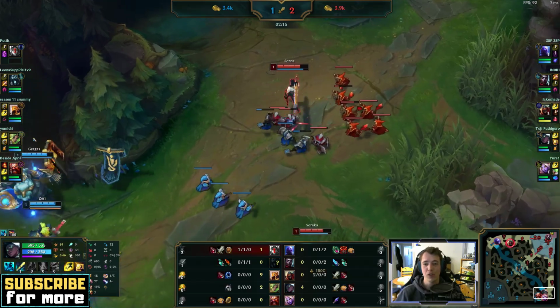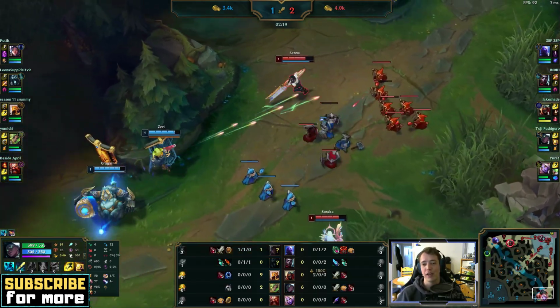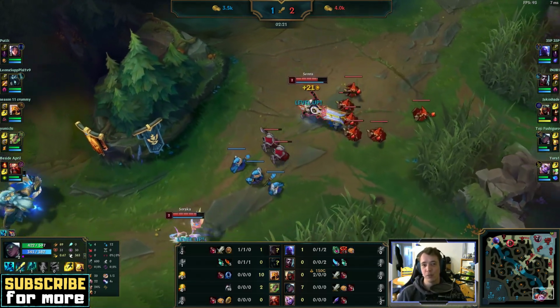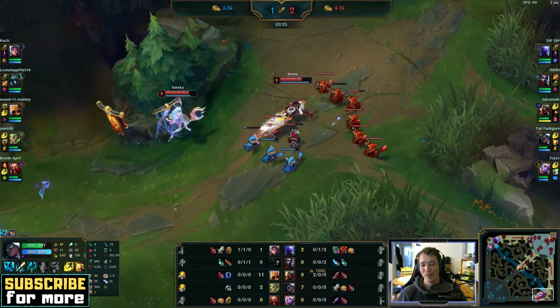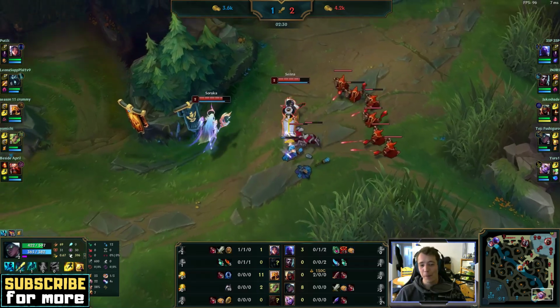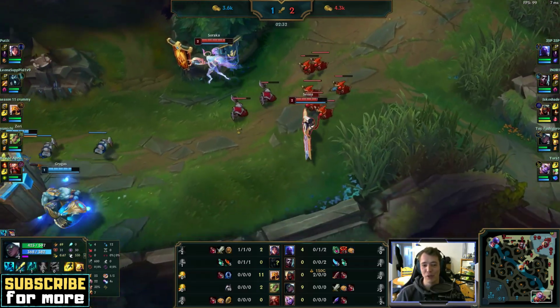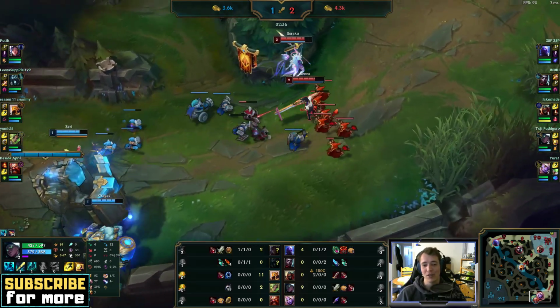So what are we doing rune page wise? This is both true for support and for AD carry. Fleet Footwork is a very good rune, but you can also go with First Strike. Both of them are completely fine. I think they both have their merits. But yeah, King decides to go for Fleet Footwork, Presence of Mind, Legend Alacrity, and Cut Down